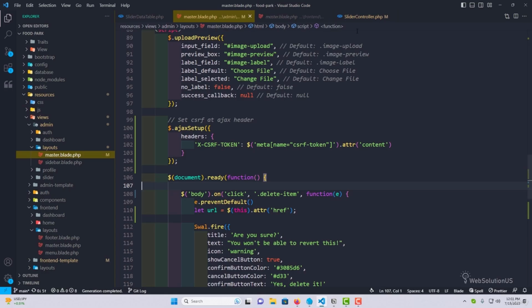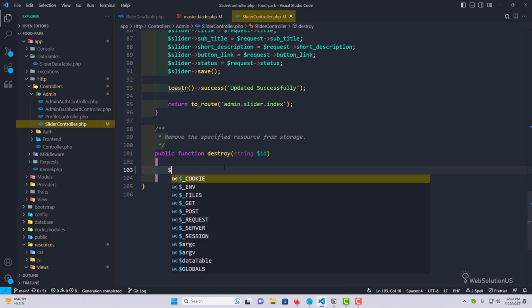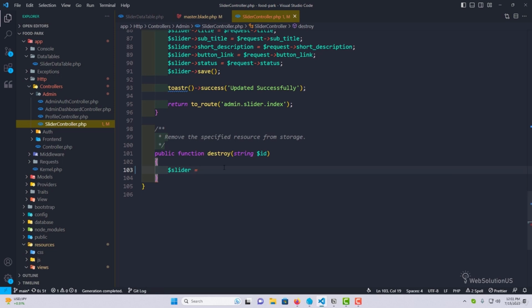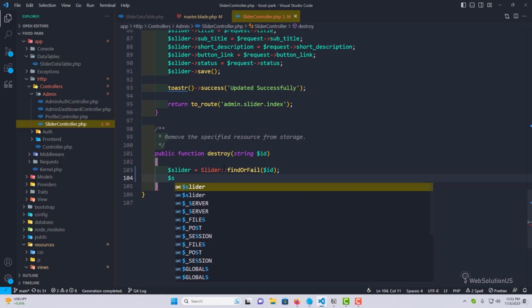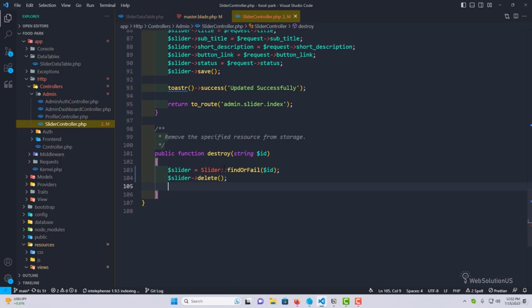Now the rest of the thing, I hope you already guessed what we will do. As we are hitting our controller side, we will just grab the row from the database if the row actually exists, depending on the ID, and we'll delete it from here. So let's do it then. I will add a variable, slider equals Slider findOrFail, put the ID inside of it in this line. Then we can just add slider delete, right, like that, and then we can just return